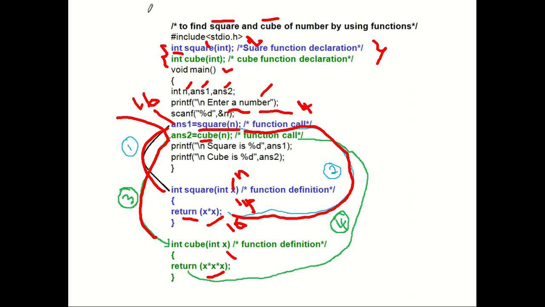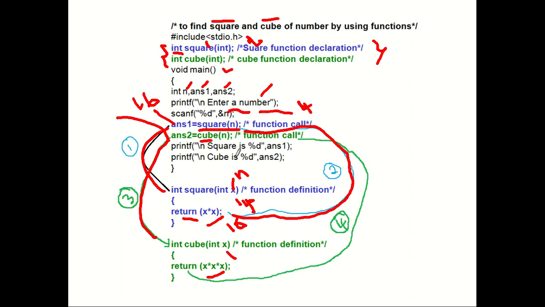4 4 is how much it is having? 16. Fours are 20, sorry. Yes, the cube result will be present, that is 4 into 4 into 4, that is 64 will be present